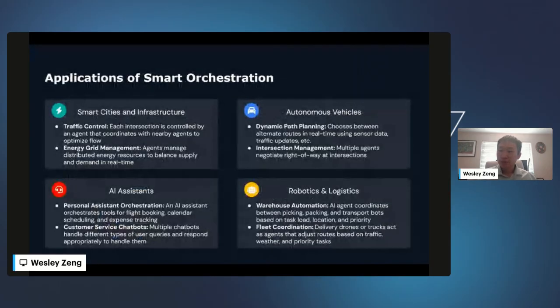So let's take a brief look at some of the applications of smart orchestration within agentic AI. One of those could be smart cities and infrastructure. Another could be autonomous vehicles or AI assistants, robotics and logistics. What makes agentic AI so useful in these particular applications is that they are very dynamic, right? So, for example, autonomous vehicles. Driving is something that requires a lot of